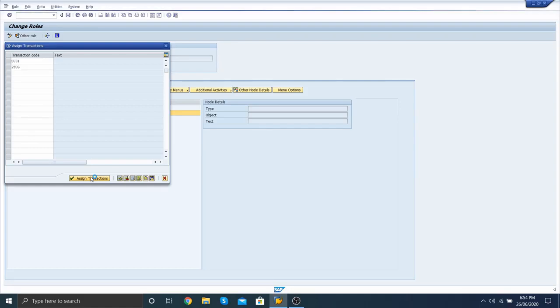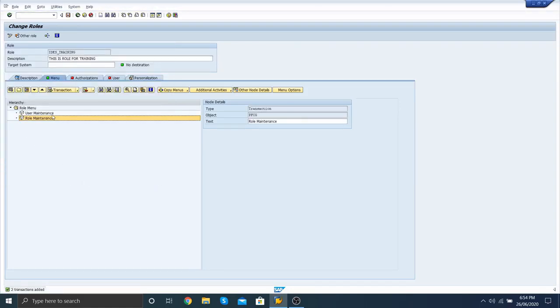Two T codes you can add: assign transaction. These two transactions are added in this menu. You can add more transactions as you require.